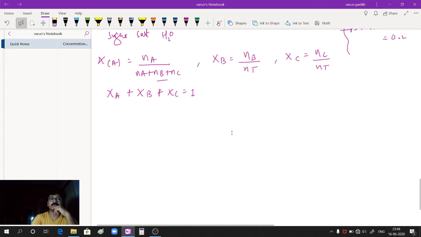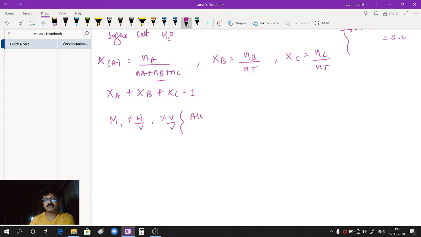Here one thing to notice: not only molarity but also percentage mass by volume and percentage volume by volume are temperature sensitive, or depend on what? Temperature, because they depend upon volume. Now it is a general observation that when temperature is raised, volume increases, and when volume increases, molarity decreases.